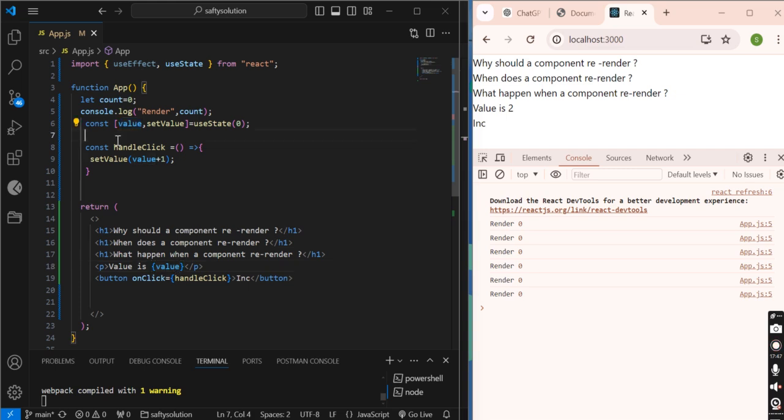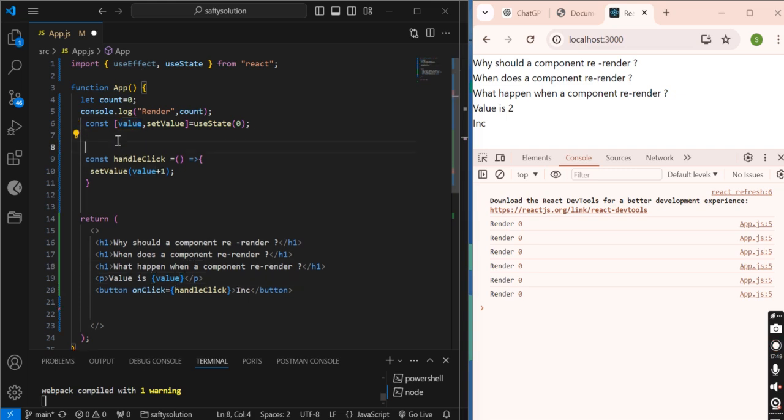So what is the answer? The answer is, what I can say, a component should re-render to display the new, newly created value.